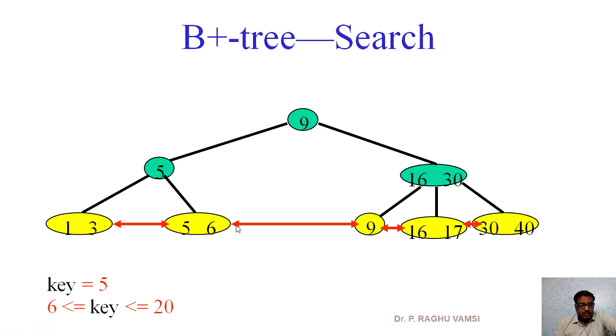And one thing you remember, this traversing is happening on the hard disk, because the data items you are going to search for will be stored on the hard disk, not in the main memory. So whenever you are performing the searching on the hard disk, obviously you will look for the least number of disk accesses. In this way, this B plus tree will help us in faster searching.